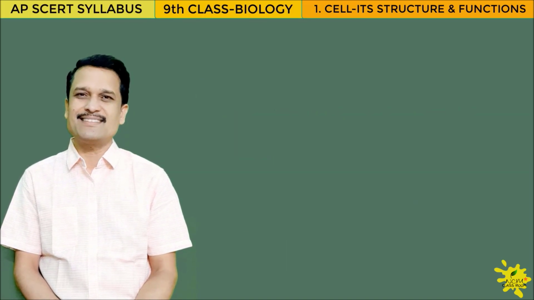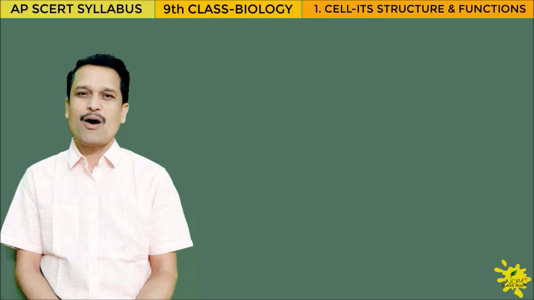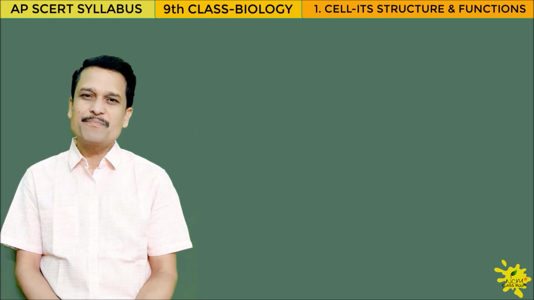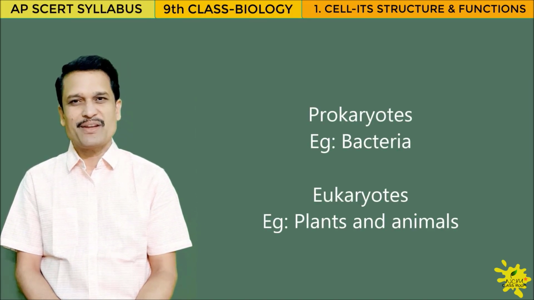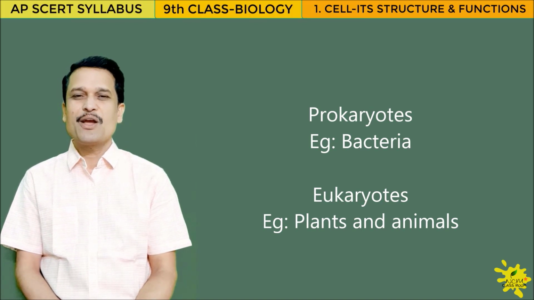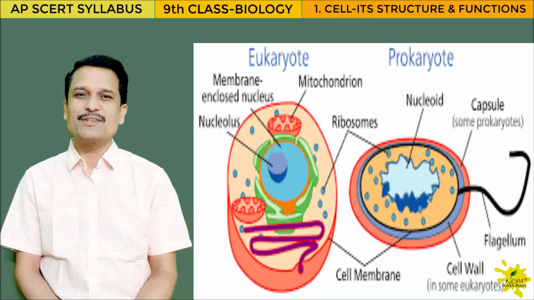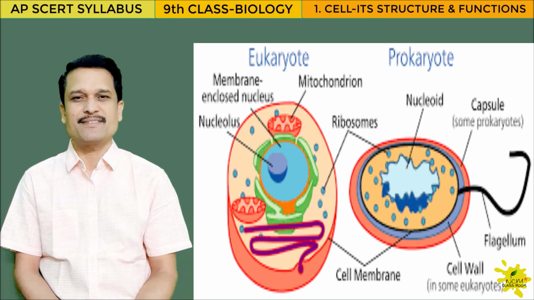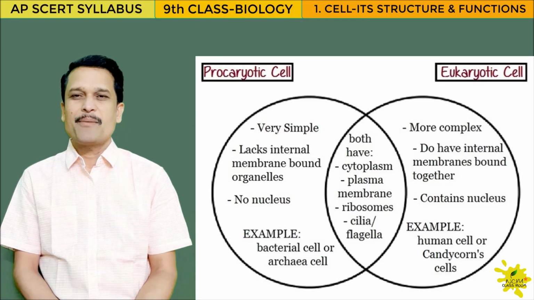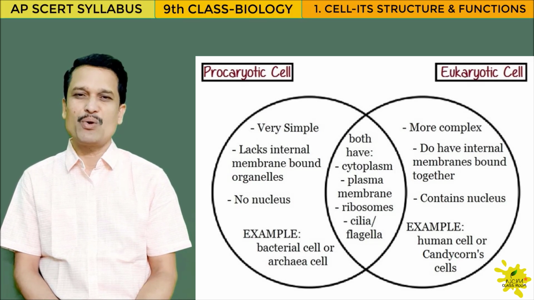Organisms are again categorized into two based on the type of cell in the body. Or we can say on the basis of presence or absence of nucleus. There are two types: prokaryotes and eukaryotes. Prokaryotes, cells of these organisms do not have a nuclear membrane. So, conspicuous nucleus is absent. Example, bacteria. But in eukaryotes, the cells of these organisms have membrane-bound nucleus. Example, plants, animals, birds, and other things.